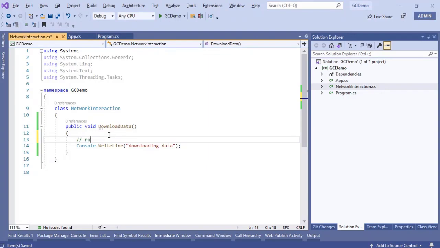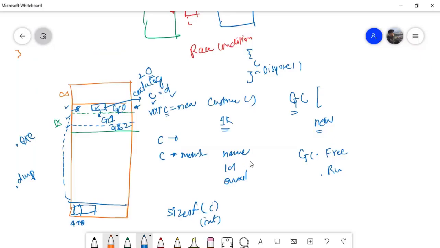But for this, you will have to create resources, like a URL that is going to connect to the internet. Another resource could be a database. When you connect to a database, you create resources that lie in the category of unmanaged resources. Now, this part of the memory is called managed memory. The code that we load through the intermediate language is called managed code. The reason it is called managed is that the memory requirement of these programs is getting managed by the